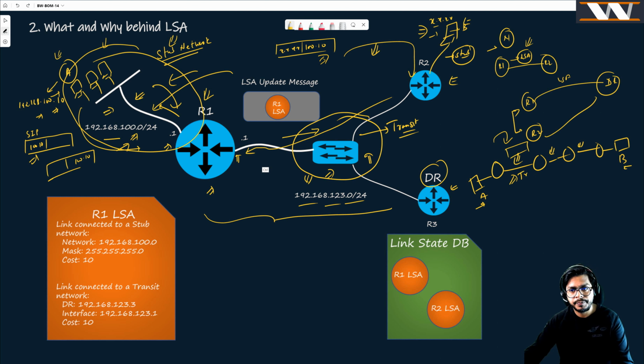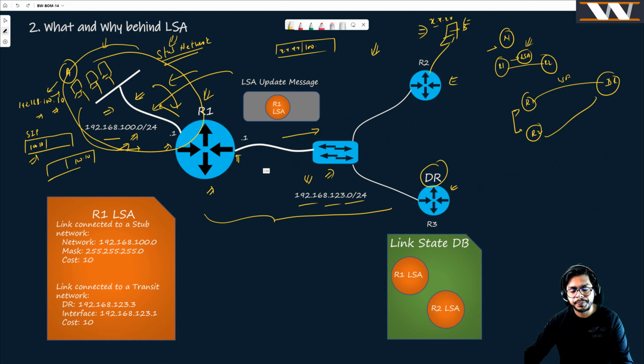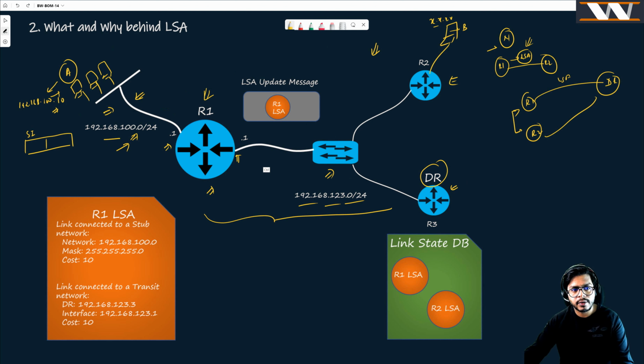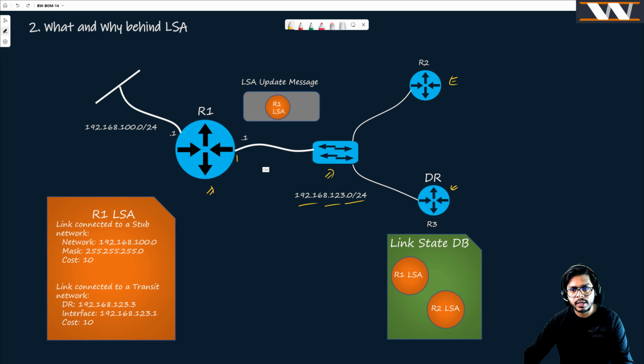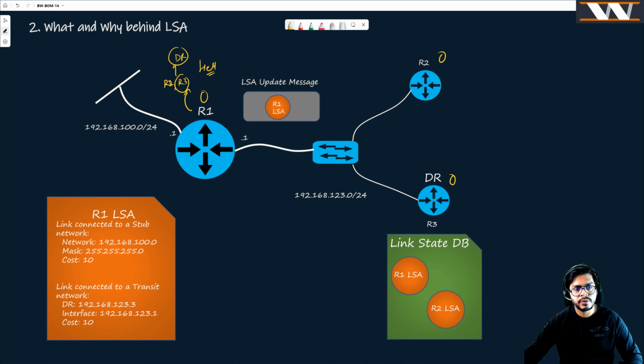So let me clean the board and let me try to explain what R1 is going to generate, right? So R1 here, if you see, R1, R2 and R3, everybody is running OSPF, and once they run OSPF, they are going to generate the LSAs and the hello message. Through the hello message, R1 comes to know that it has two neighbors, R2 and R3, and that R3 is the DR on this segment. So now it is in the two-way state with R2 and R3,